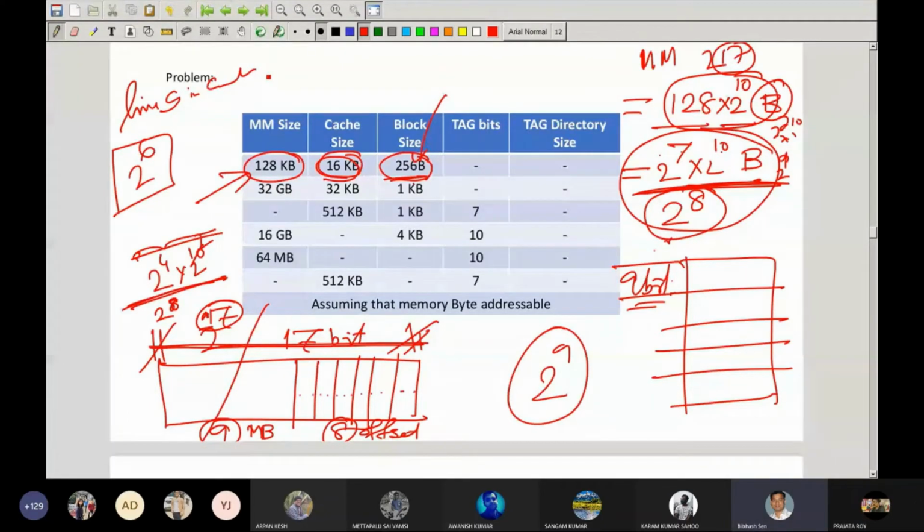Not clear, na? Yes, sir. Clear, sir. Yeah, not clear. ওই তো বলো না আরে